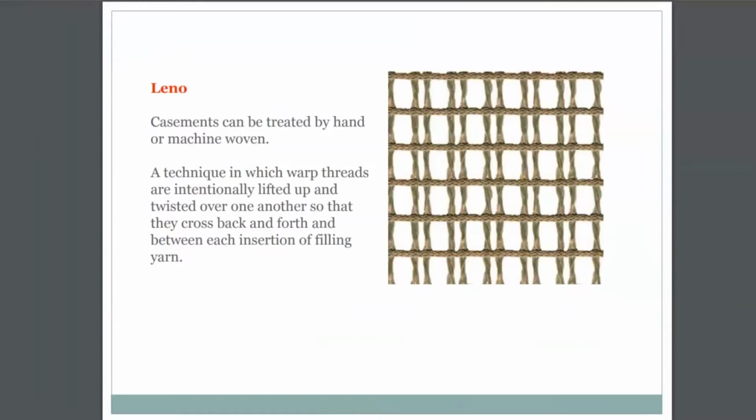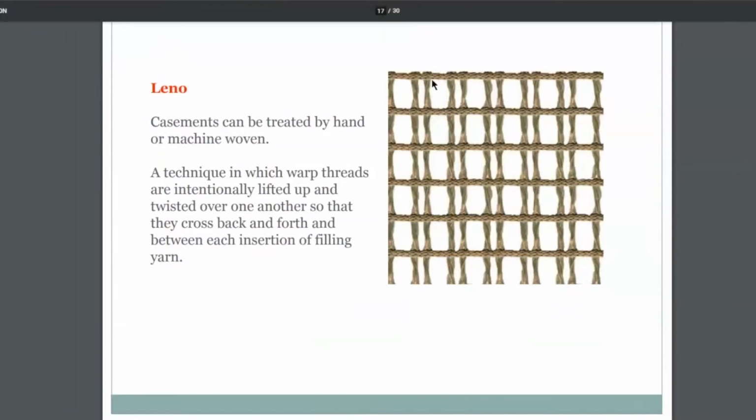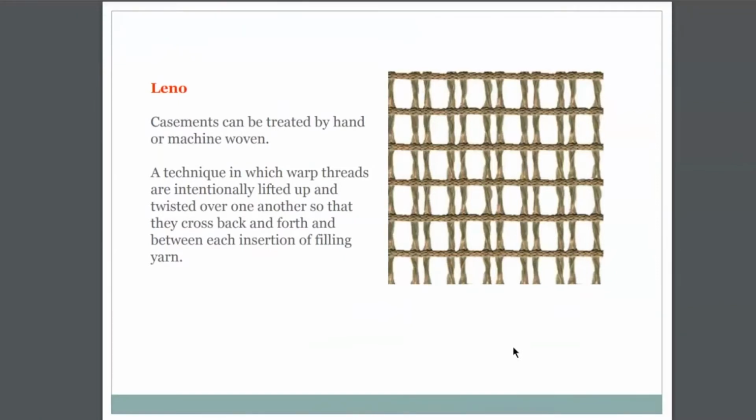It almost looks like macrame if you look very close. This is obviously a detail up close, but it's the same process that traditional fishermen's nets were made. And basically, yarns are woven around the warp yarns, and it creates this very open, net-like